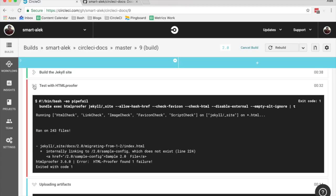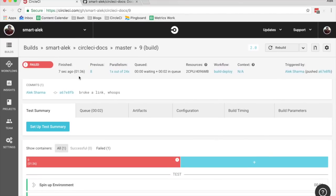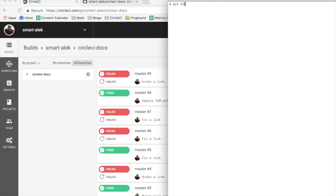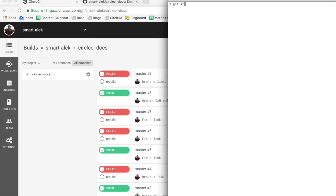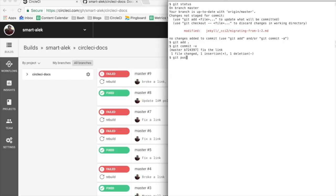So we failed the tests here, and that's going to land us with a failing build overall. So green are steps that have finished successfully. Red are steps that have failed. Cool, so it's failed. And now we need to do what anyone should do in this situation, which is fix the mistake, fix the red build. So luckily it's in my undo buffer, so I can cheat and do that. Cool, so let's bring the base URL back. Let's add this, fix the link,